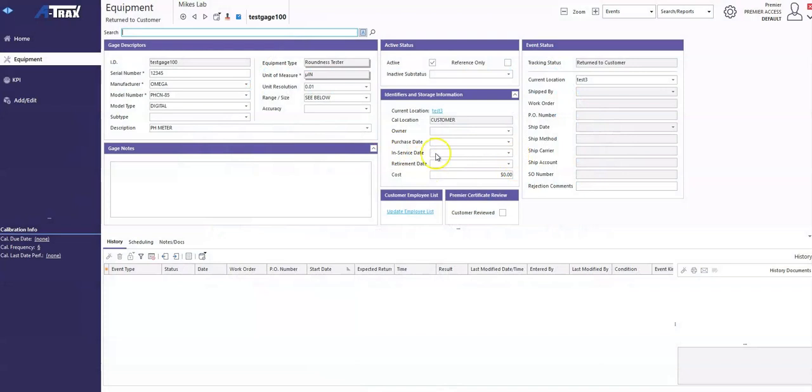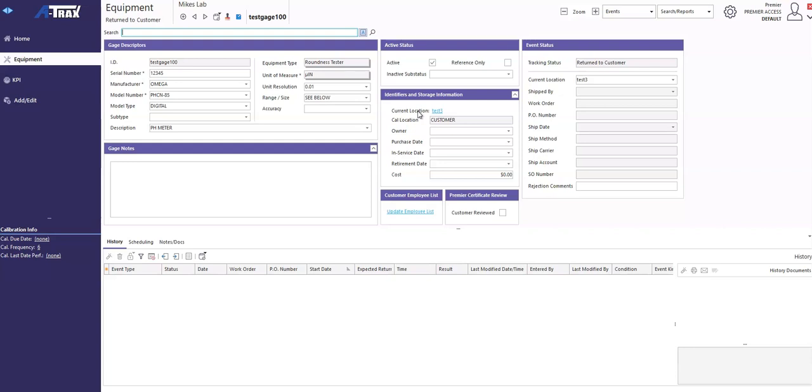In this video we're going to talk about current location and how you can edit it as a customer. This will apply to both our read-only and our Premier user customers. Regardless of your license level, you will be able to edit the current location of your gauges. You will go about that differently depending on if you are a read-only user or a Premier